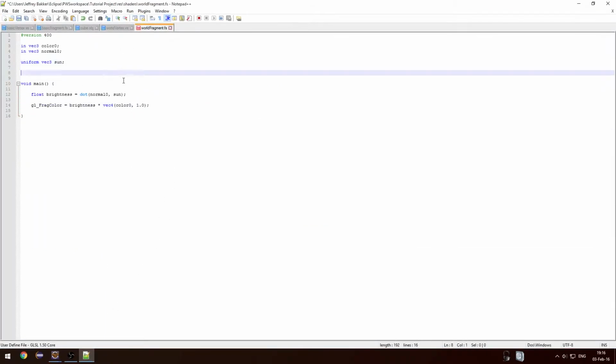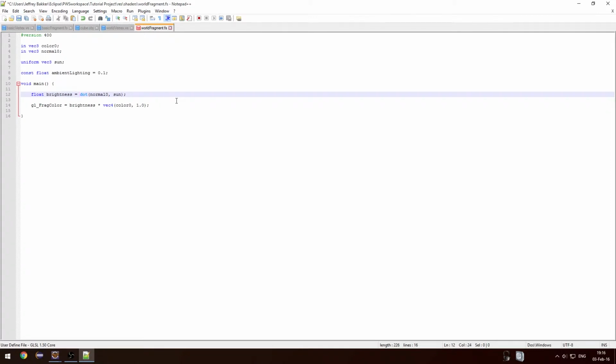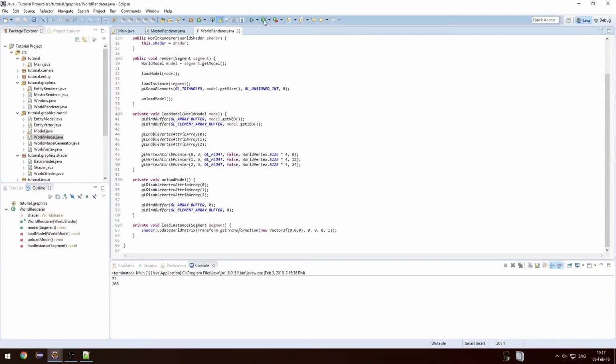So const float ambient lighting equals 0.1, and we'll take the max between, because the lighting can also be negative as of the moment, so that's not something we want. So, ambient lighting. So let's test this once more,